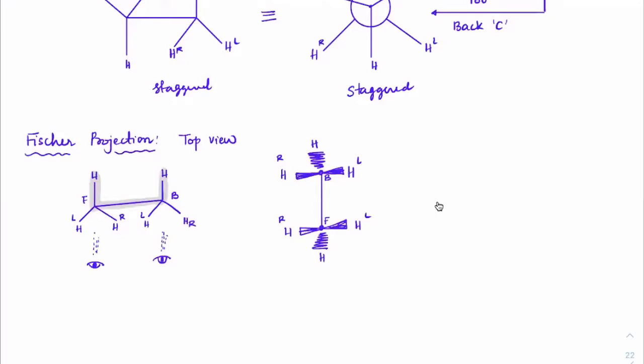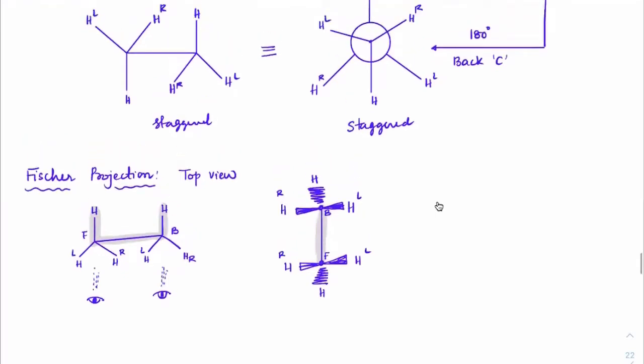And now these two carbons are on the board. So once you get this sawhorse projection, this is like an image where these two hydrogens are going inside and these two hydrogens are coming outside. So for this, I will put it in a complete two-dimensional fashion this way. Now this is in a complete two-dimensional view where you have hydrogen here, here, here, here, and here.